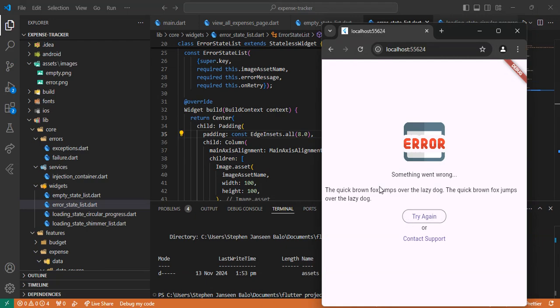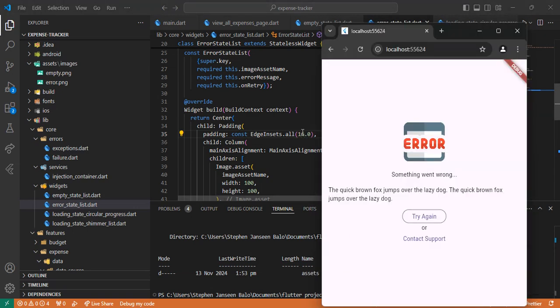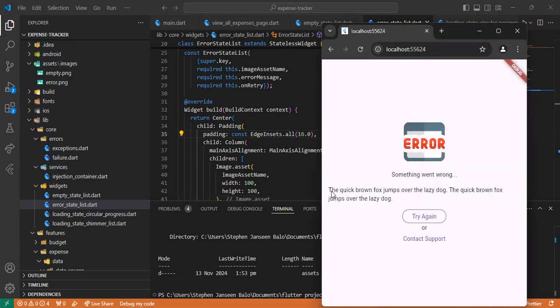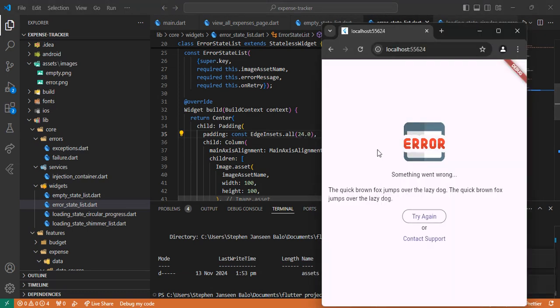Yan, so slightly medyo ano pa rin. Maybe we should put it to 16. By the way, yung mga pixels na you're going to set when it comes to padding, margin, divisible by 4 or 8. Yung advisable. So eto so far slightly ano pa rin, maybe 24 will do the trick. Ayun, so okay na siya, but ito naman yung we need to fix kasi naka left align yung text,